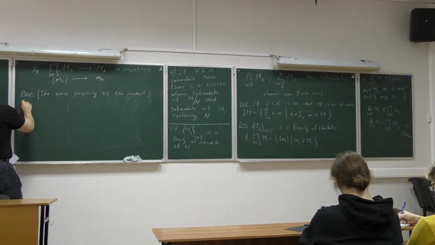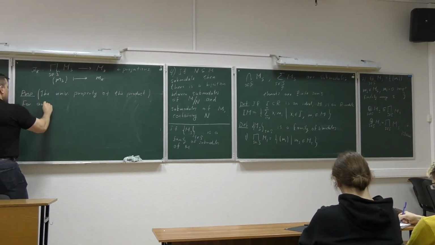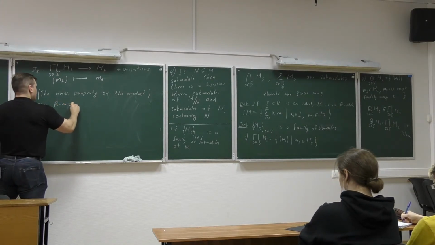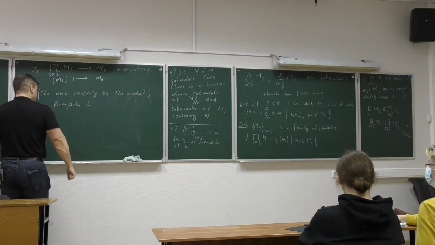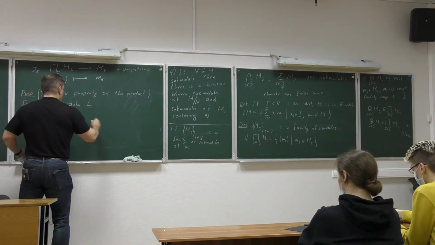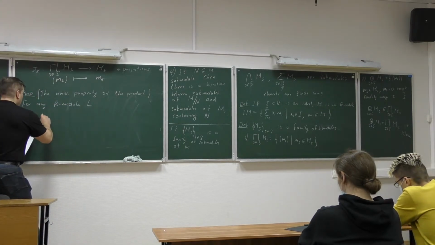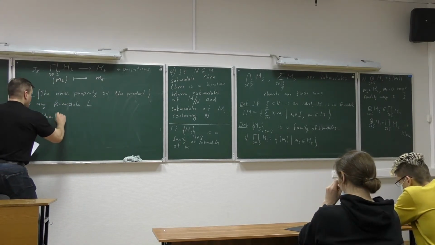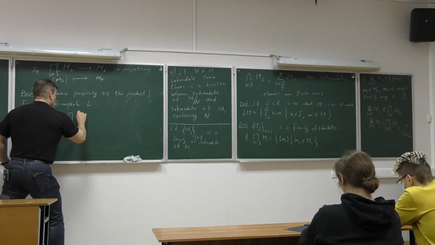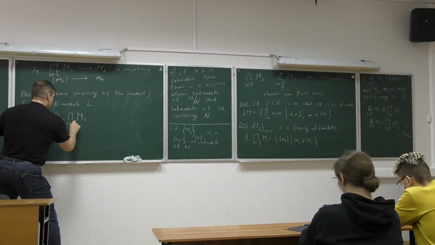So let's say that for any R-module L, there is the following isomorphism. You can compute Hom between L and the product of the modules,